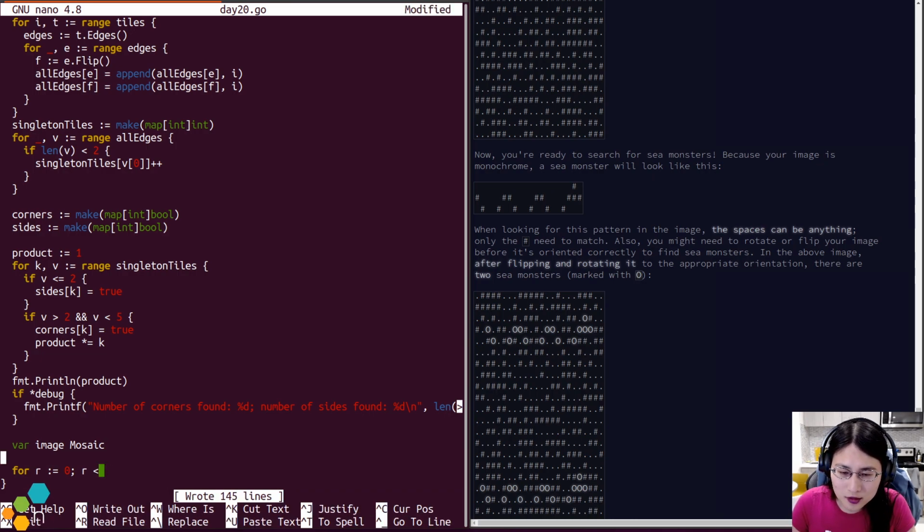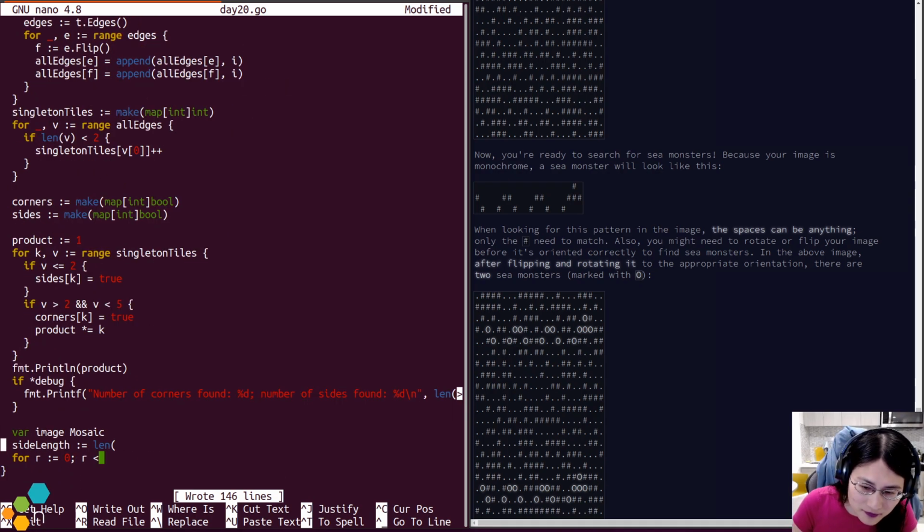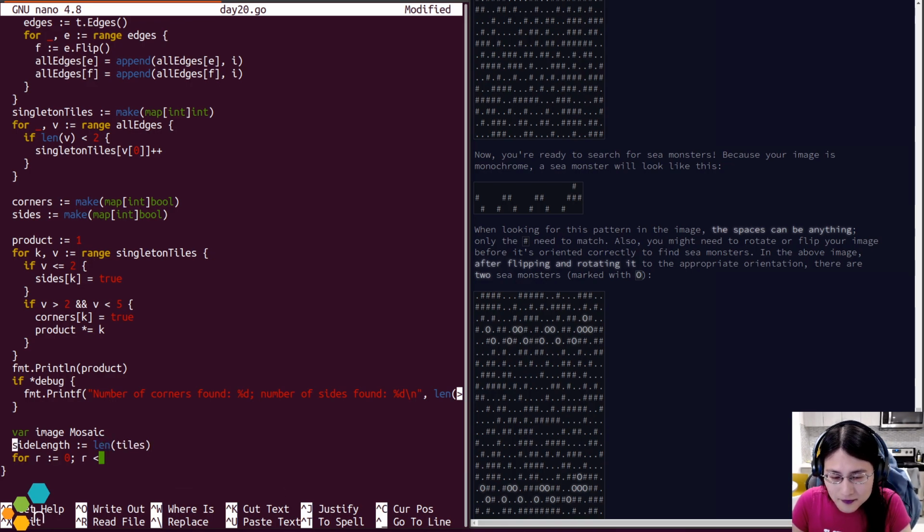Okay. So side length is going to be length of tiles, so that's going to be 144, but I need its square root.